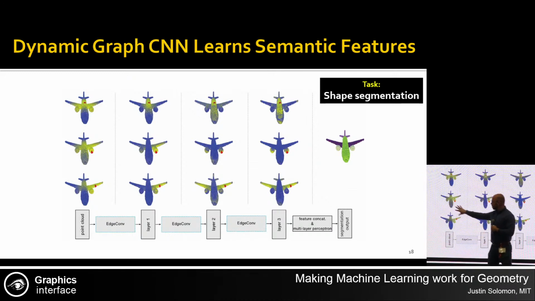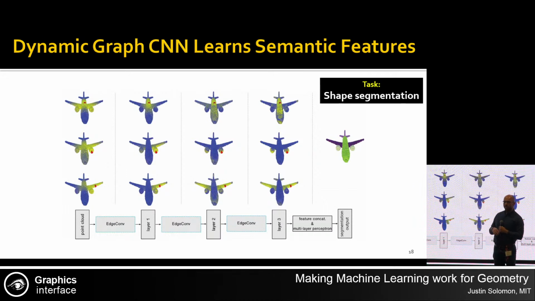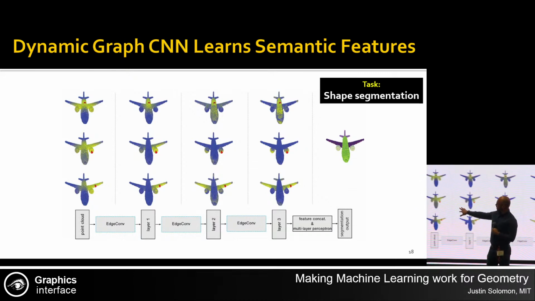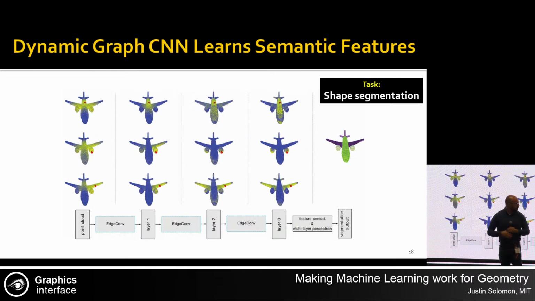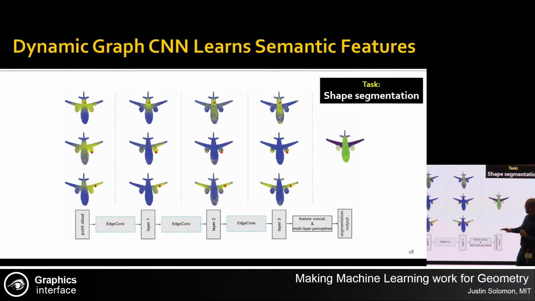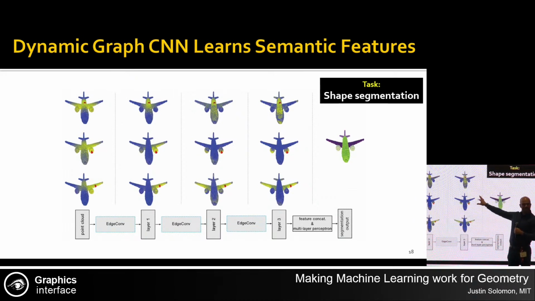But now EdgeConv starts learning different embeddings of this airplane into more and more abstract spaces. And now we can see that the notion of local neighborhood, in other words, what points are similar to this red point, starts to change. Originally, it's just position in 3D. And by the time we get to the end of all the layers of this architecture, you can see that our embedding is clustering the wings together, the engines and the body together in this airplane model.